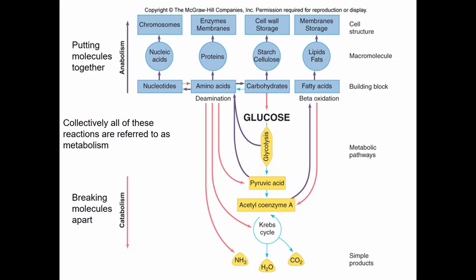Producing them, making them from individual compounds, is called anabolism. Putting them together is called anabolism. To do anabolism, to go from the building blocks to the macromolecules to the cell structure, requires large amounts of energy. So the reason your cells need energy, and the reason bacterial cells need energy, is that the ultimate goal is to grow and divide and maintain ourselves. We've got to be able to replenish and keep all of these cellular structures going. The only way we can do that is by completing anabolic reactions, which require energy.